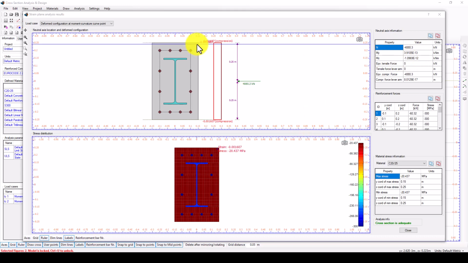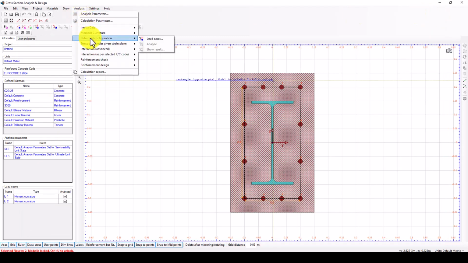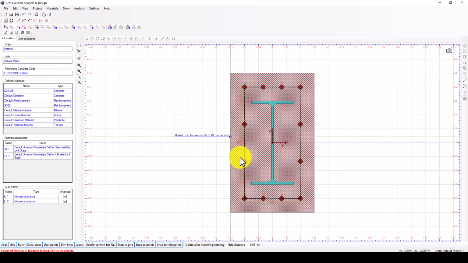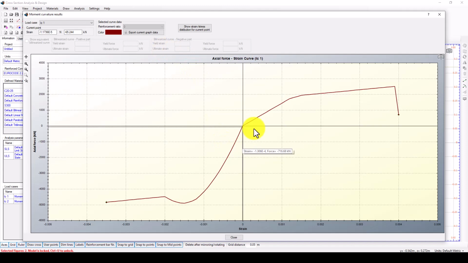In case you want to design this one, then you come back to the analysis, and then you have to call the form configuration, and then you provide the actual force and moment that you want to design this section. But our main focus here was how to get the moment curvature curve of the structure. So this is the actual force strain, not the moment curvature. So the moment curvature is